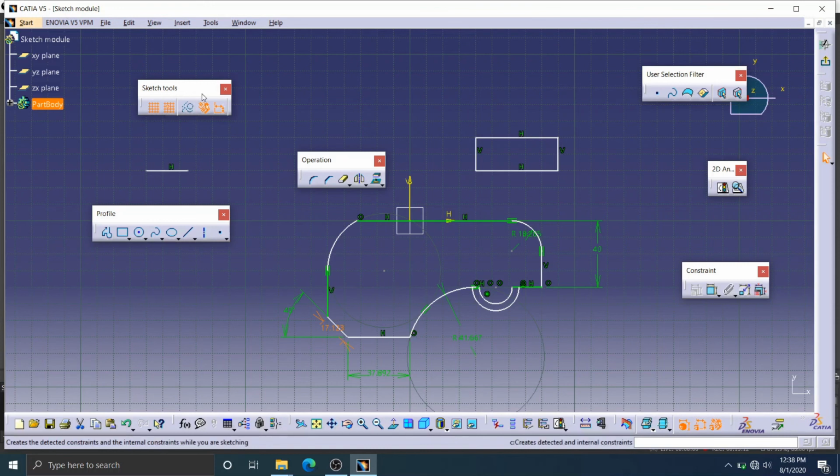Why? Because it is enabled. So we should not disable this option. It helps when you draw a sketch, it automatically constrains your sketch, dimensionally as well as geometrically. So my recommendation is don't switch off or disable these two options.